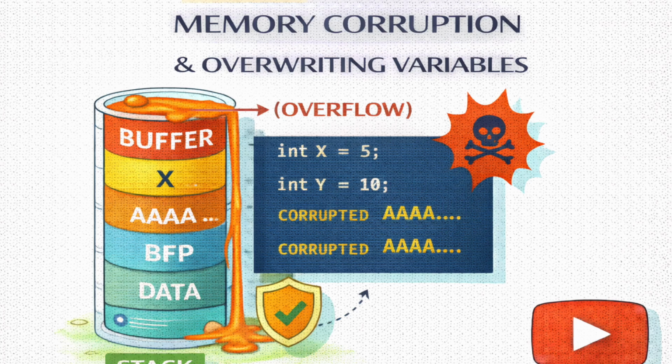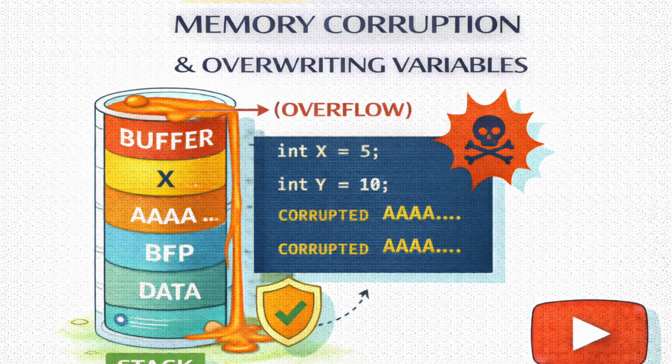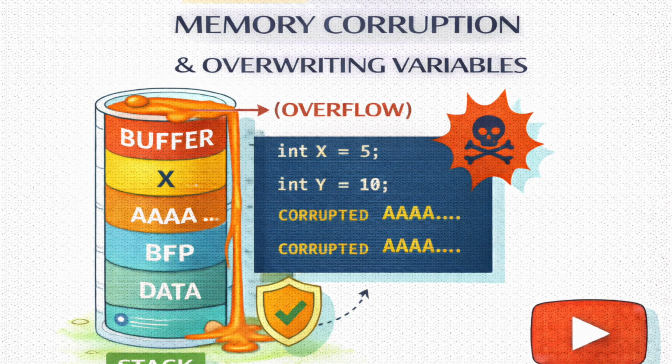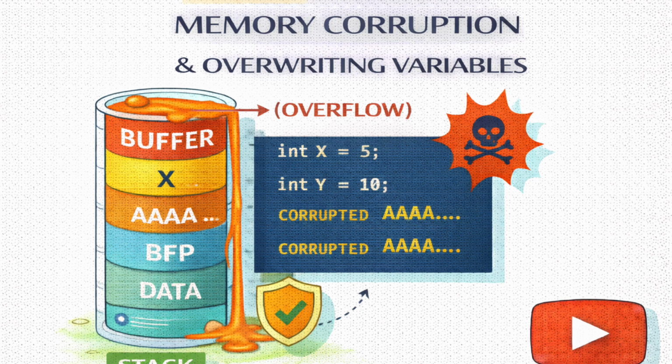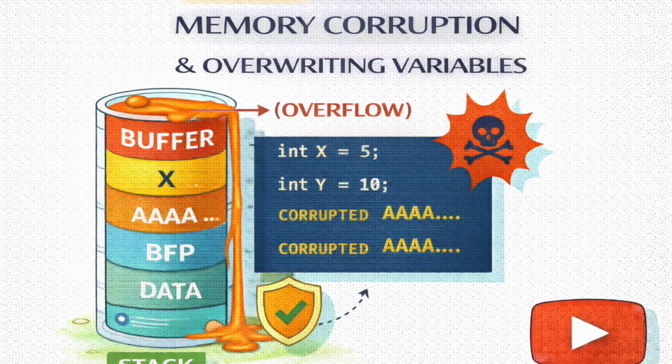Right, let's visualize this. Imagine the computer's memory, specifically the stack, as a very strict, organized shelf. And inside a program, you define a buffer. Let's call it buffer2. A buffer is just a container, right? Think of it like a bucket. It's reserved space meant to hold a specific amount of, say, water, or in this case, characters of text. Now, sitting right next to that bucket on the shelf is a little piece of paper with a number written on it. That's our variable, num. Okay, I've got the visual. Bucket on the left, piece of paper with a number on the right.